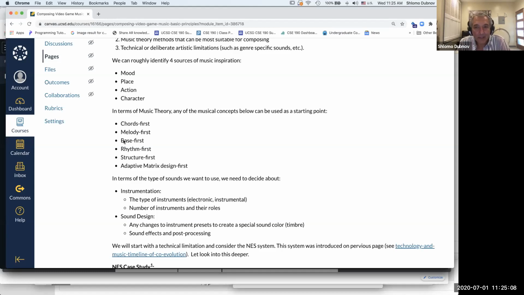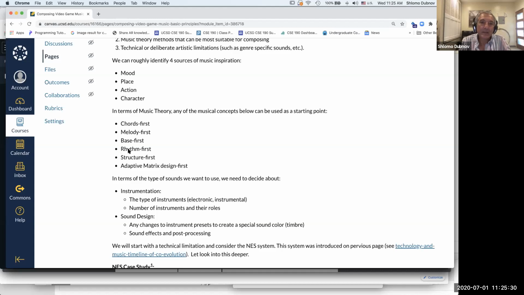And you just need to decide what is the easiest way for you, the most suitable way or intuitive way to get started. Do you want to write the bottom line and then fill up the rest? How you construct your musical scaffolding, and eventually from that scaffolding you create the actual music.